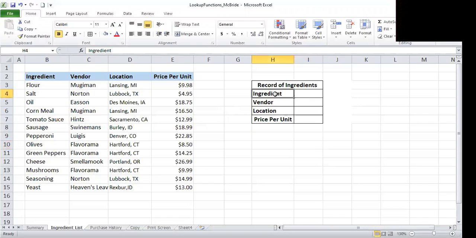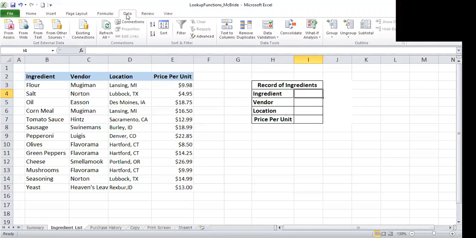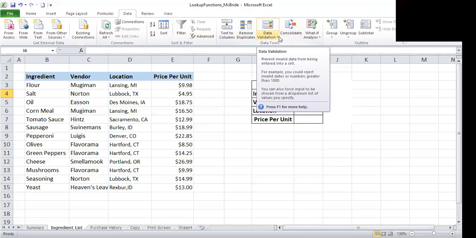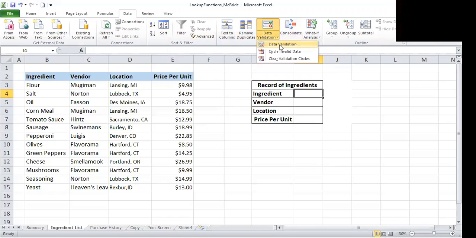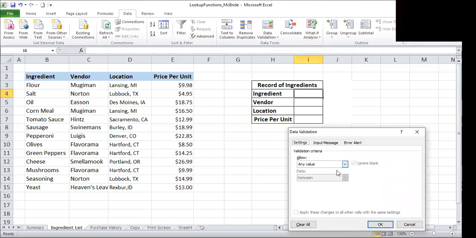For now, the first thing I need to do is put a drop-down box here for the ingredients so that I don't need to type it. First, click Data and find Data Validation. I'm going to pick what I want here.